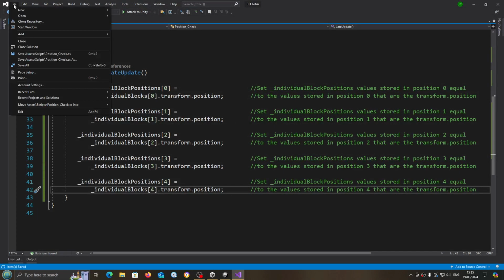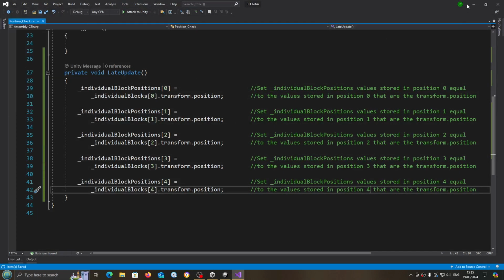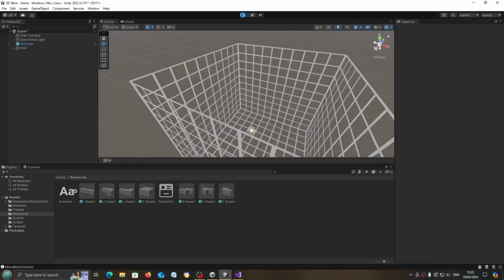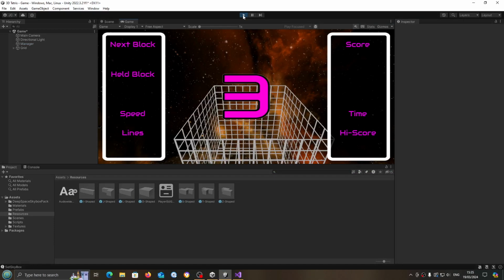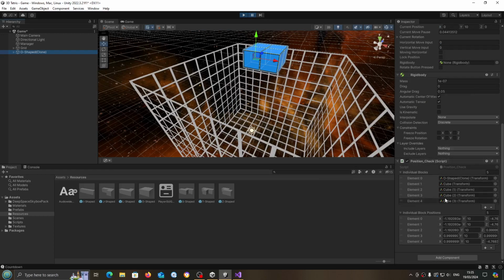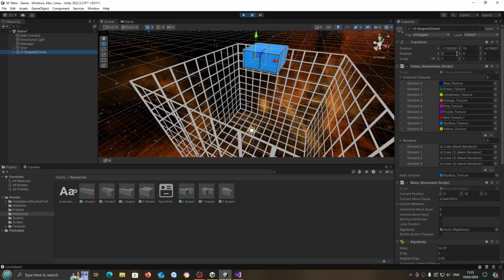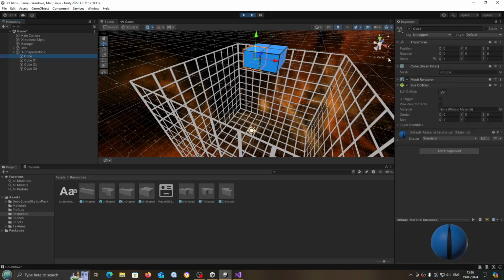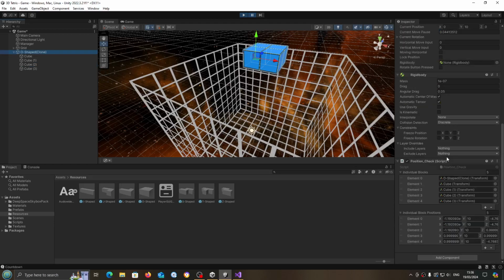So just check, I think I saved that off. And now we should be able to see the positions of all the cubes within the shape. So let's have a look. O-shaped. So as you can see, the first one is right, it matches the shape itself. And then obviously we have the positions of the cubes. Now these will be slightly different